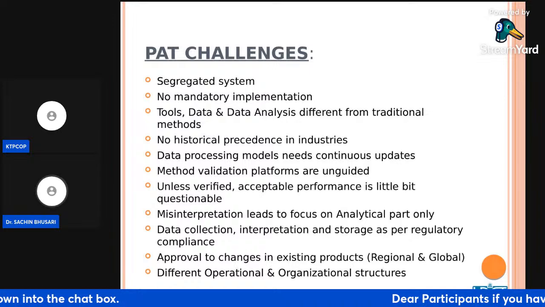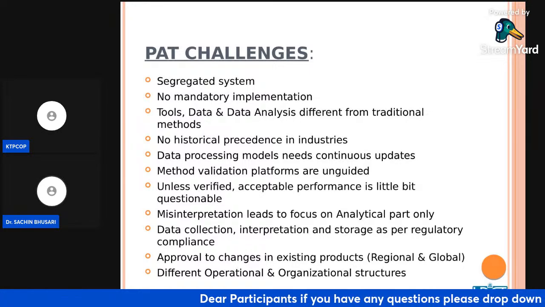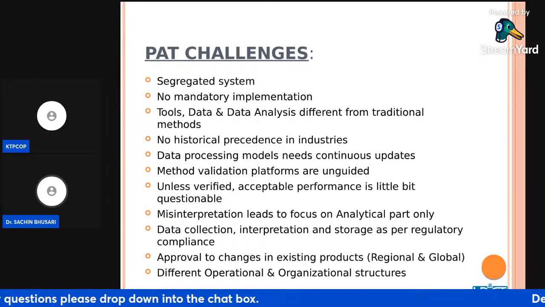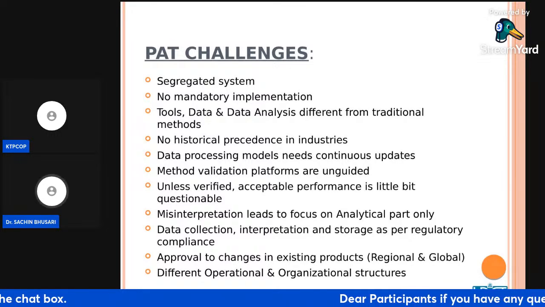So we don't have that backbone support. Reference material, we call it literature, no? Literature. So we do have limited literature. That's another part. Then another challenge is that data processing models need continuous updates, because whatever data is generated from this,